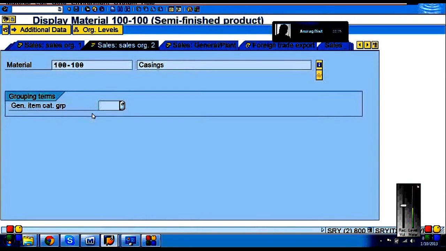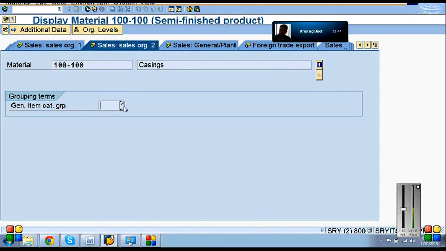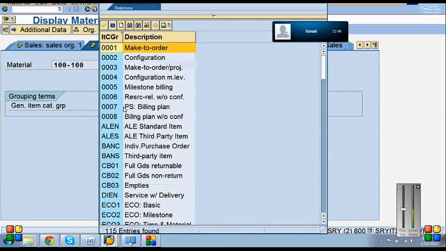If you add it, the system will automatically understand. See why we are doing all these things? So that the SAP system will work as automatically as possible. Correct. If I group this, suppose I have selected third party item, direct selling cannot be done. Correct. It is only a third party item brought from China, sold in India through a third party. So these all are standard item category groups that SAP